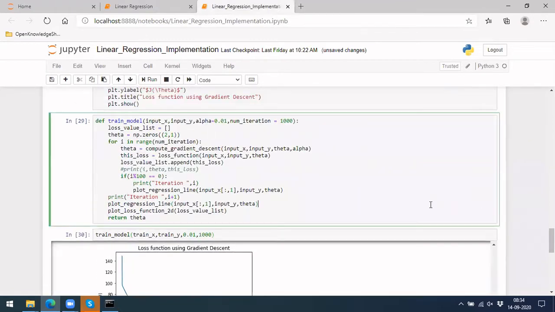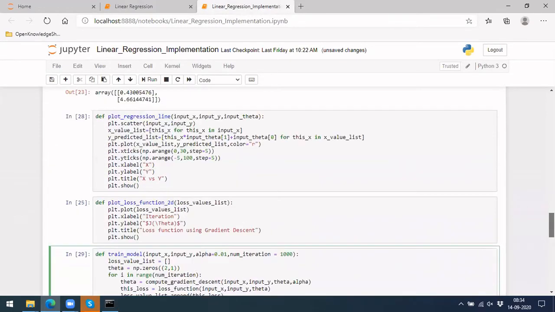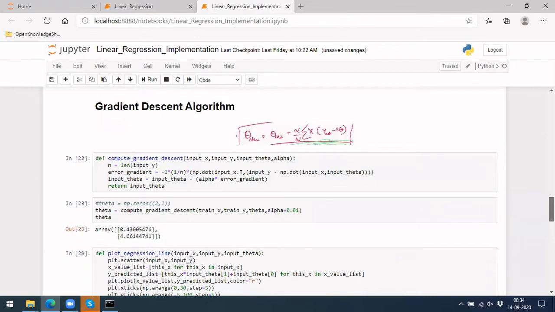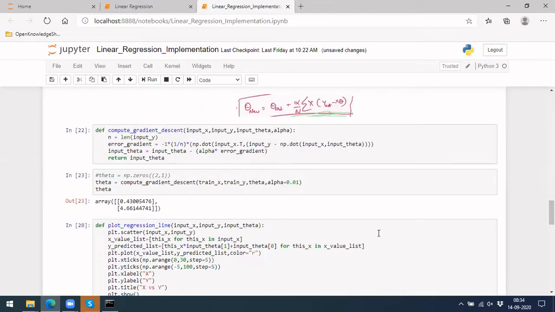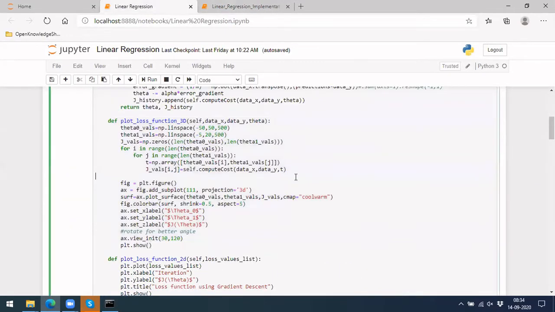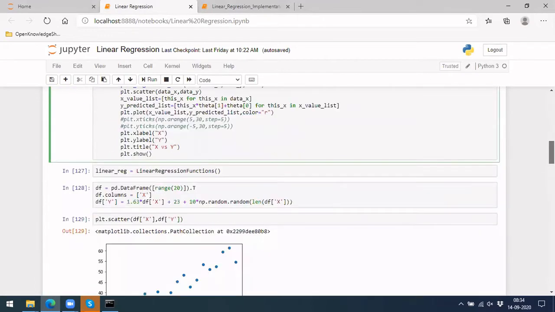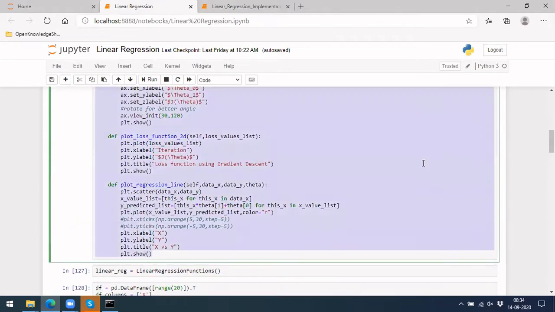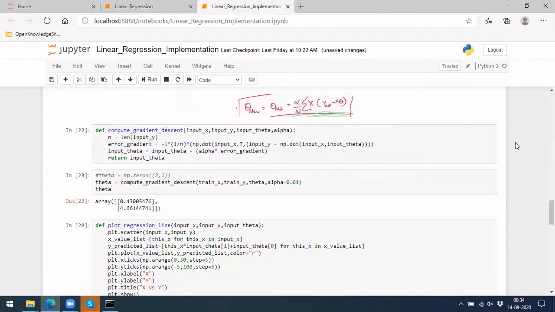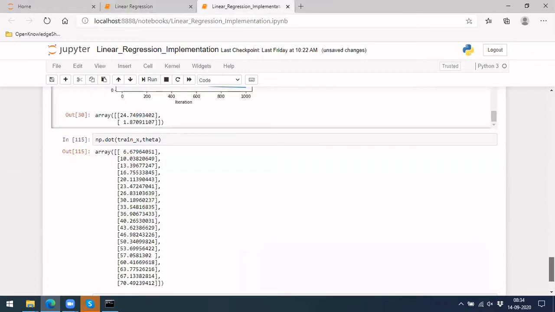Before that, let me move all these functions to a class, so that we can reuse it later as well, right? I have actually done it here, where I have moved all these functions to a class, and I defined it as a class. So let me take the same and use it here.